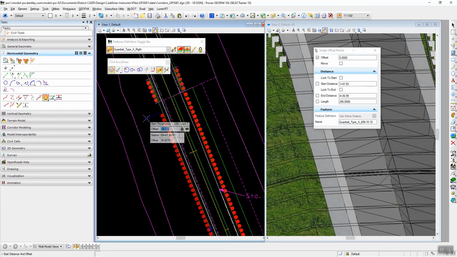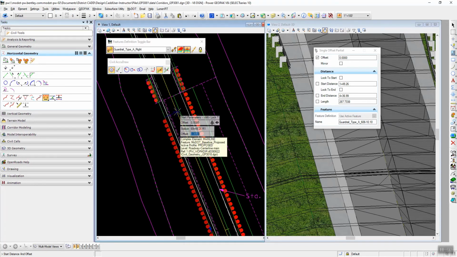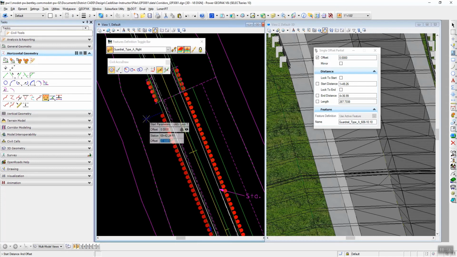And again, we're going to use Civil AccuDraw, and right now Civil AccuDraw is working fine. If it wasn't, what you can do is go to the offset field, type the letter O, and then select this center line, because we want the stationing values to come off the center line and not the shoulder line. But you can see that our stationing is working correctly, so I'm going to go to the station field,